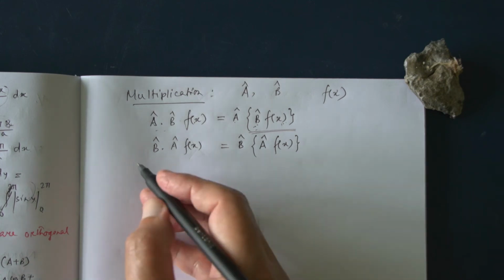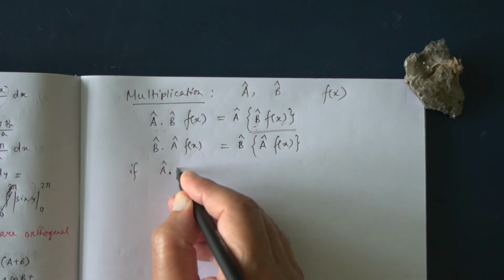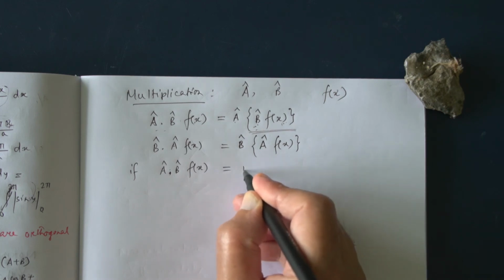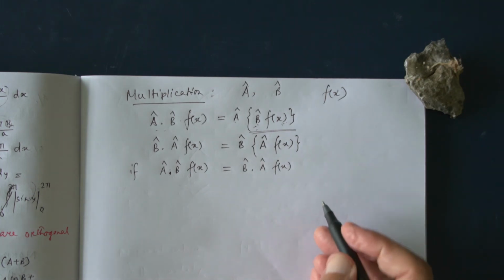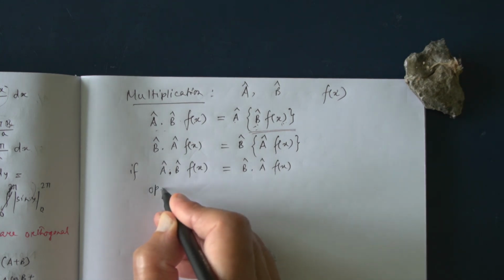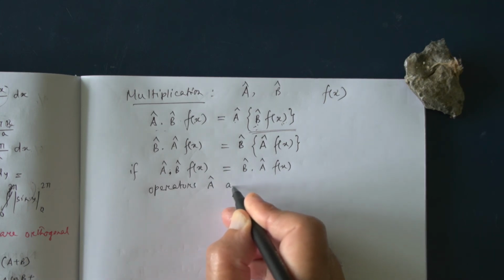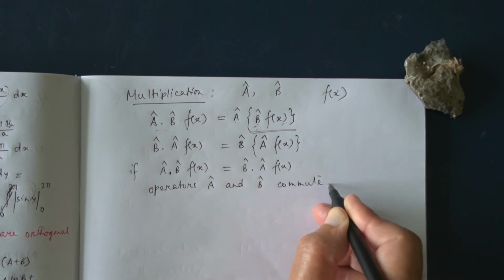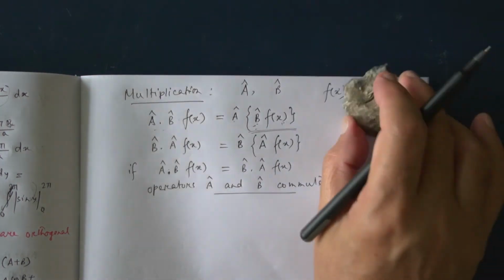Okay? Now if we find that AB f(x) equal to BA f(x), if we find that, then we say that operators A and B commute. Now if this is equal to this,